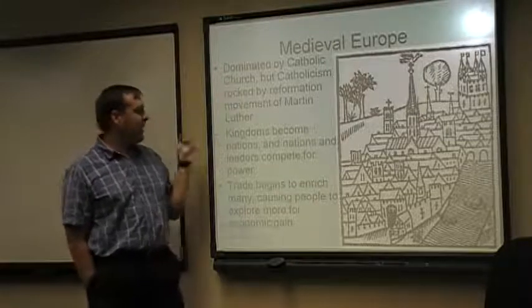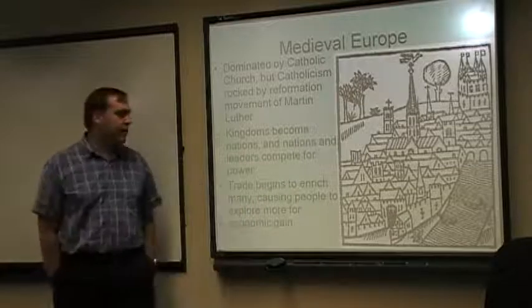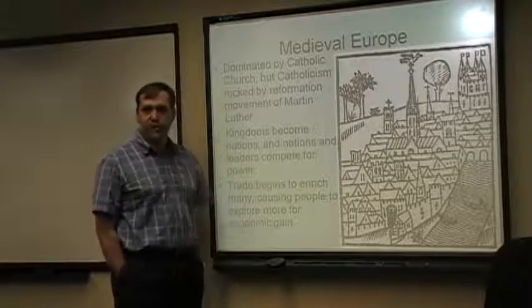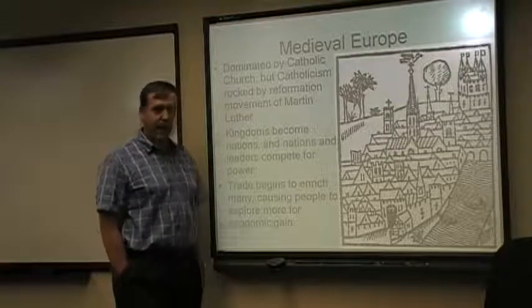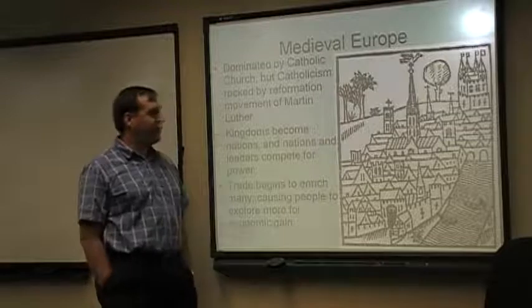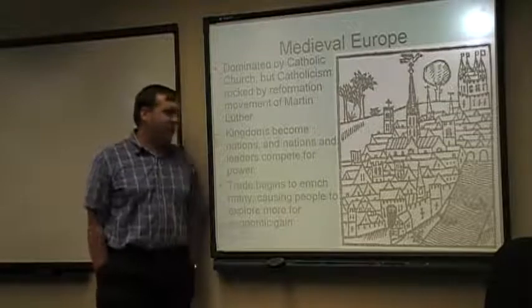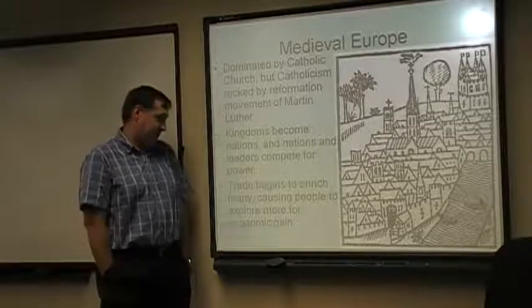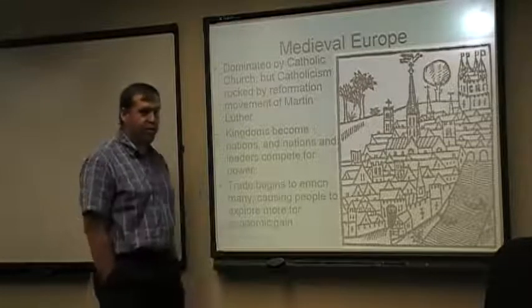All right? Now, politically, what we're seeing ever increasingly is the transformation of kingdoms into nations. A kingdom is pretty easy to understand. You've got a king, the area that he controls, that's a kingdom. And in some cases, if you look at the map of Europe, many of these areas that kings control didn't touch each other, sort of like a jigsaw puzzle map, but that's what it is. You've got the king, he's in charge of it, you've got a nobility.